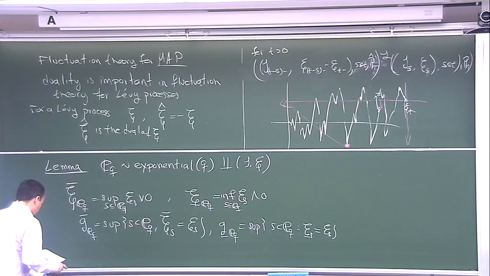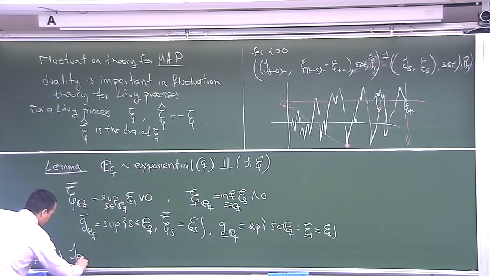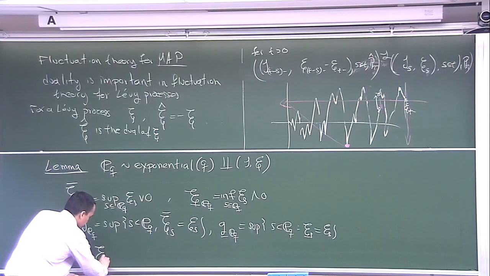So we have that, I need space, yeah. I have e_q minus G_eq, J at e_q,